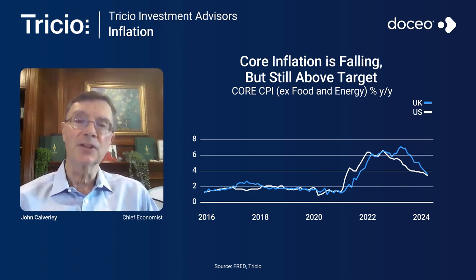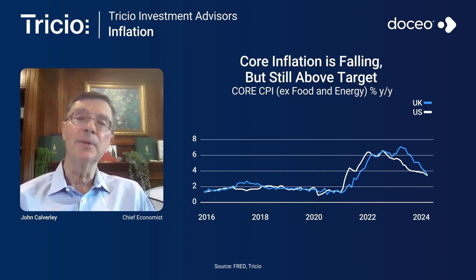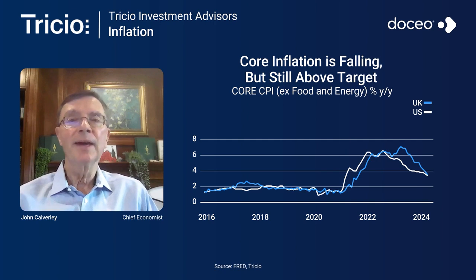But UK inflation actually peaked later than the US, but it's been coming down faster. Perhaps not too surprising if you think of the relative strengths of the economy. We know that weak economies bring inflation down faster, but that's certainly been happening. And what's the outlook there? Well, this is where there's great uncertainty at the moment.